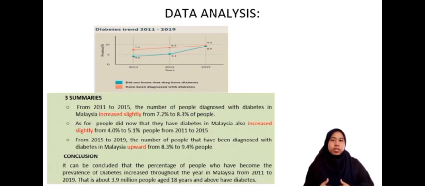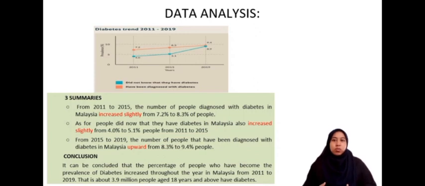Three summaries in this graph: from 2011 to 2015, the number of people diagnosed with diabetes in Malaysia increased slightly from 7.2% to 8.3%. The number of people who did not know they had diabetes also increased slightly from 4.0% to 5.1%